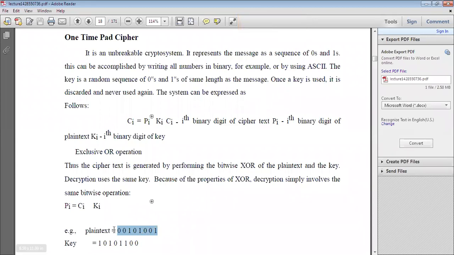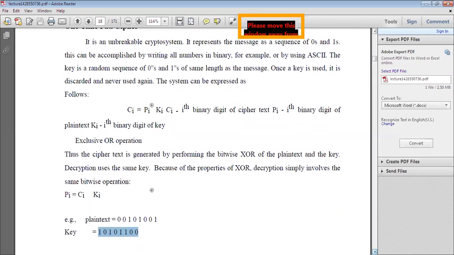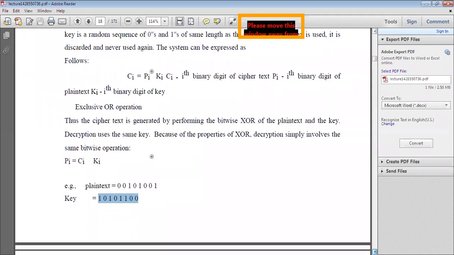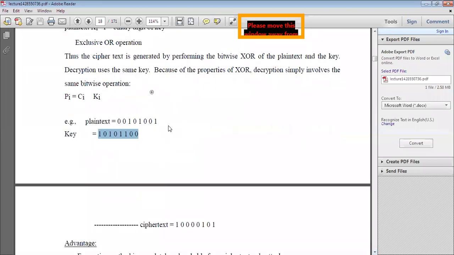So now this plain text you have to convert into ciphertext using the key 10101100. Using this key you can convert this plain text to ciphertext. So take the first bit of the plain text and the first bit of the key. What is the XOR operation generally?